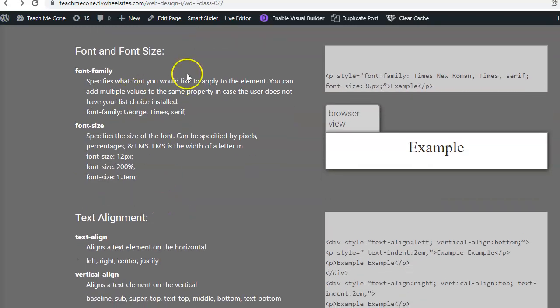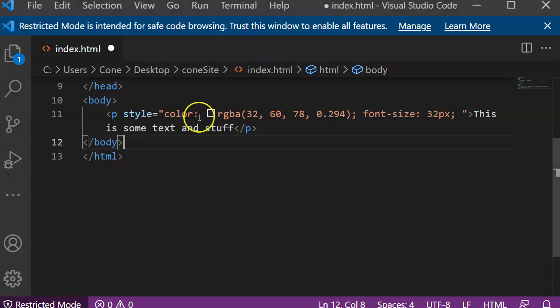All right, so you can also do font and font size. So font family is kind of a hard thing to know what you can do because basically it has to be fonts that they have already installed on the computer. Now, luckily enough, because we've been using Microsoft Visual Studio Code, what you'll notice is if I do,